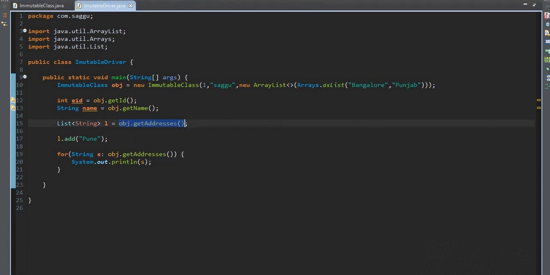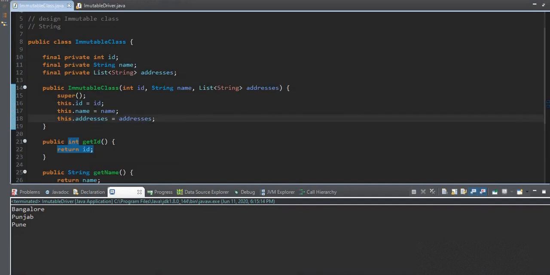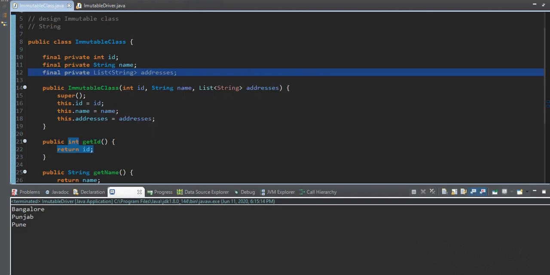But if you see the result, the Pune value still got added to the original object, which means this list is not immutable, right? Even by placing the final keyword, I can still change this field of this object.